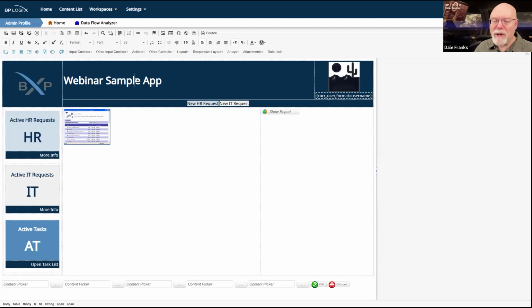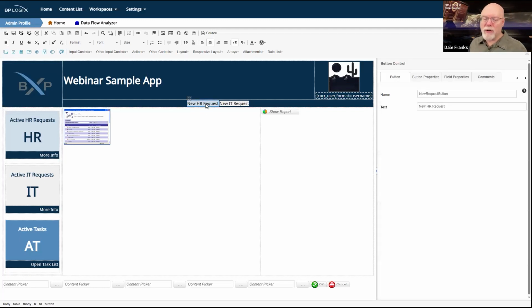That's just an image control. That's just text. These are just regular button controls. But for all of my button controls, which I have 5, so 1, 2, 3, 4, 5, yeah, just 5. All 5 of those buttons have 5 content pickers. And all of these content pickers do is enable me to select the object that I want to open when one of these buttons is clicked.